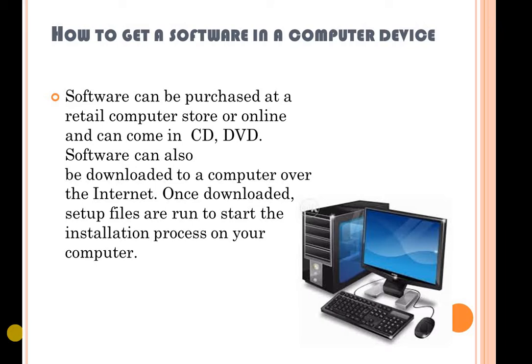Software can also be downloaded to a computer over the internet. It means that you can just go to your internet. Maybe I want to download a WhatsApp app. I can just go to my computer and download WhatsApp. I will see a version to download and I will just download it. Once downloaded,